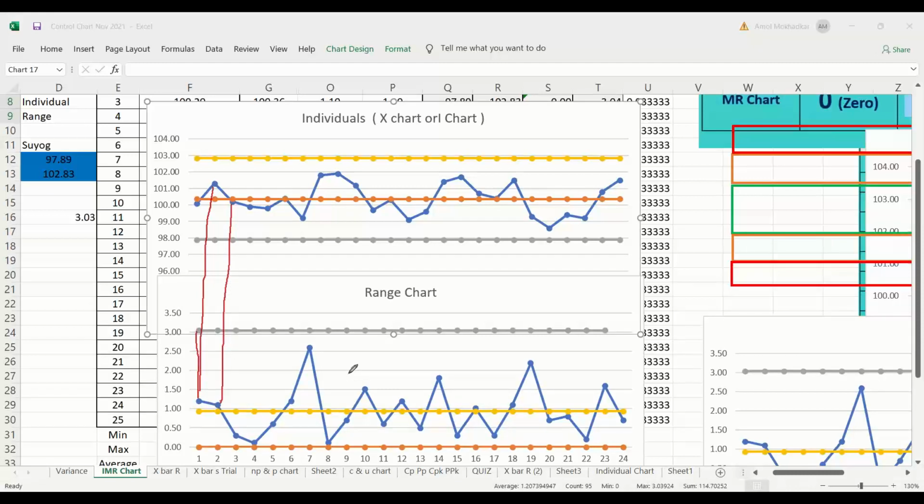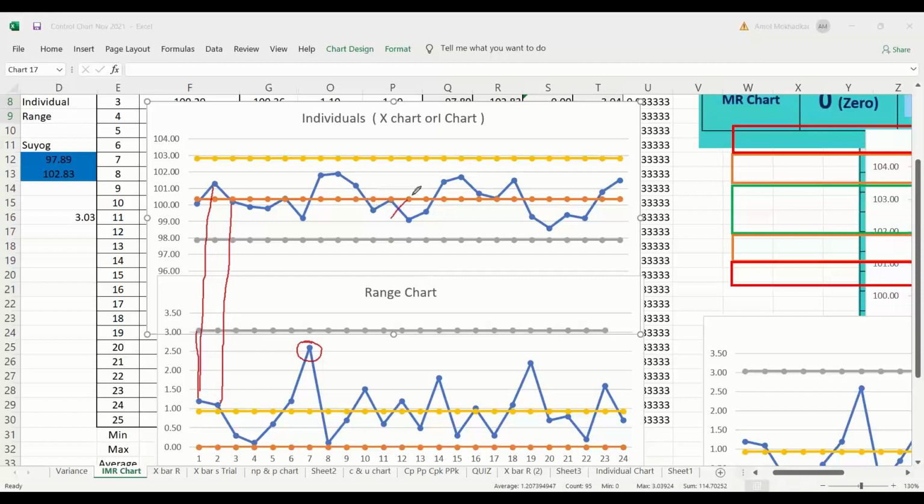Now when you see the normal chart, you are not seeing anything abnormal here, but you see the range is high. You need to understand why the range is high, so you will find out the reason behind that. The lower the range, the better it is for you. The lower range means lower variation. If your range is low, it means your data points are much nearer to each other. Okay, that's how you keep on monitoring your individual chart and the range chart.